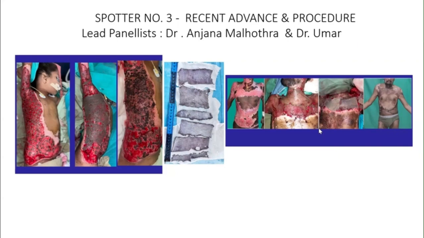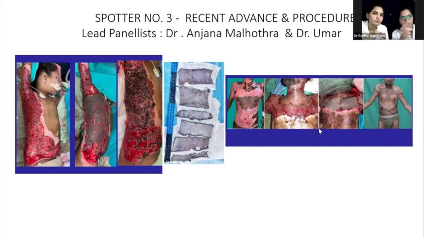Actually, are you meshing or are you cutting it? Sir, actually, we'll be cutting it into stamps, but it will be on prefixed sheets, which after elongating and spreading, occurs. Why are you putting the sheet of graft? So that I can cut it into pieces. In Meek micrografting, the skin which is harvested is put over a cork. That is the envelope sheet I meant. That is cut into 1:9, which is spread and elongated and spread over the raw areas.